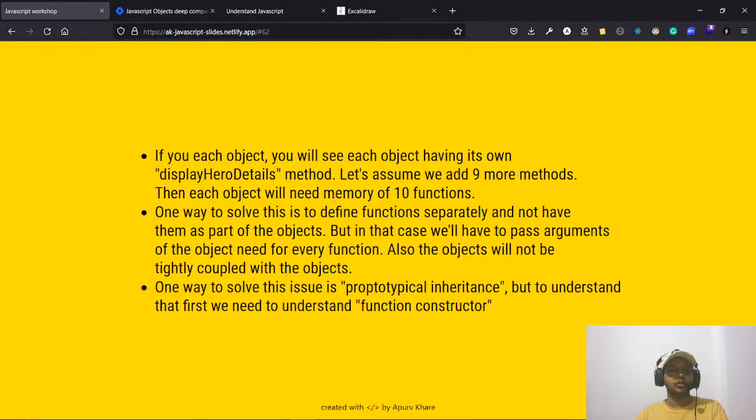So let's assume we had 9 more methods, and each of them will need memory of 10 functions. Because there are 10 objects, each will have its own display row, so it will need 10 memory for 10 functions. Now one way to solve this is to define a function separately and not have them be part of objects, which I told you, right? But in that case we'll have to pass the arguments of the object needed for every function. Also objects will not be tightly coupled with the